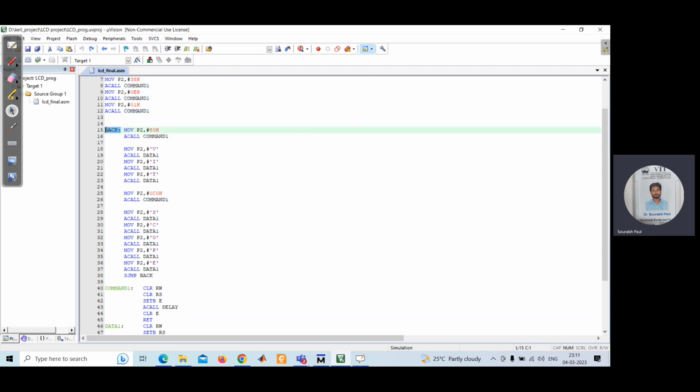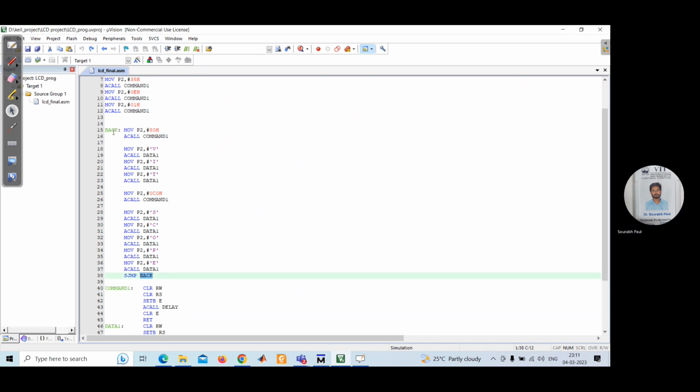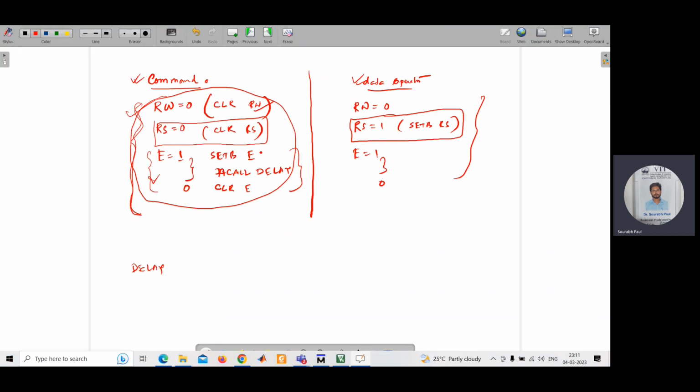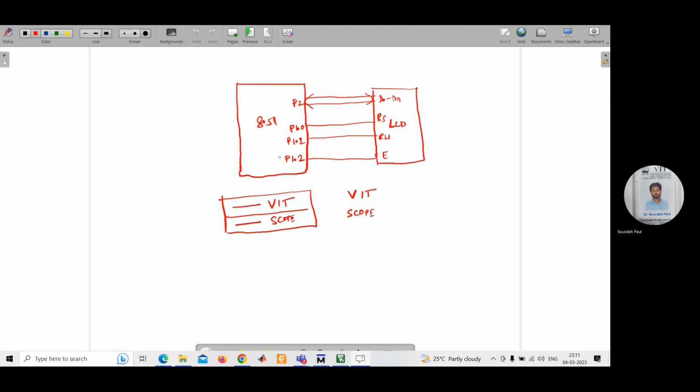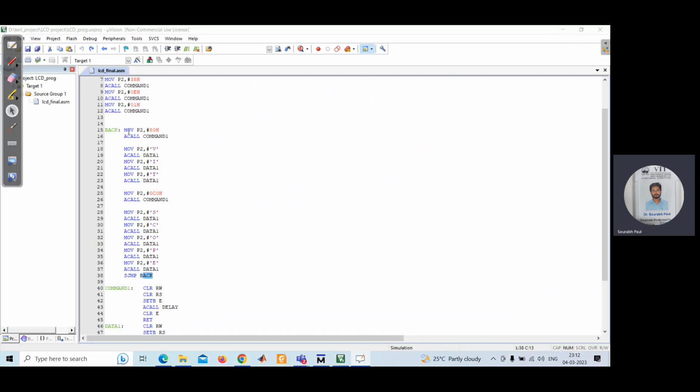This back is some sort of label. I'll show here, this is the end of the back loop. From here, you need to jump to this back. And this is an iterative operation, because you need to continuously display VIT score, VIT score. So how to do that? It's a very simple thing. MOV P2, because in the example also I've taken P2 as a port. P2 I have taken as the port to transfer the data from 8051, and that will be collected by the D0 to D7 lines of the LCD. So that's why I have written MOV P2,